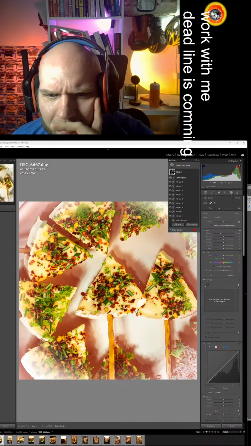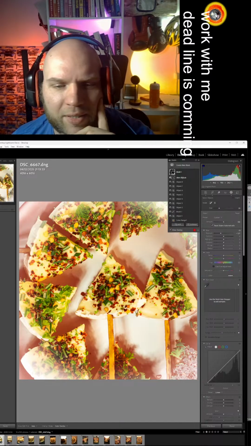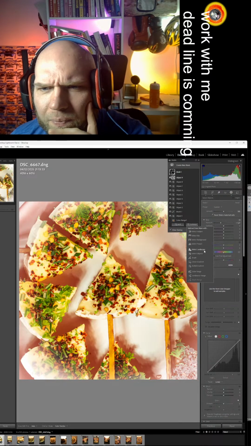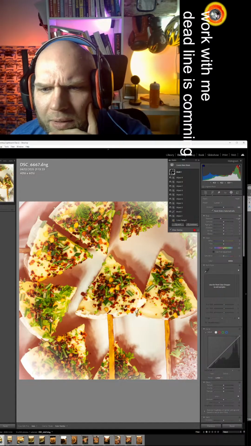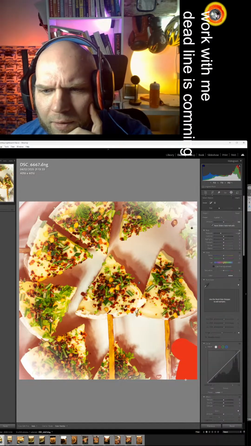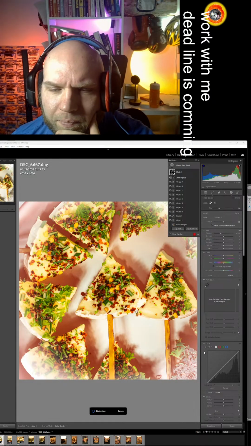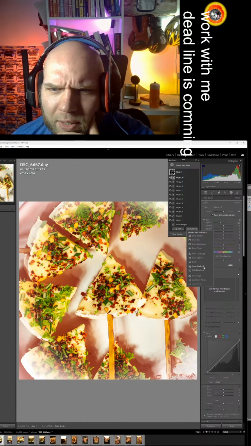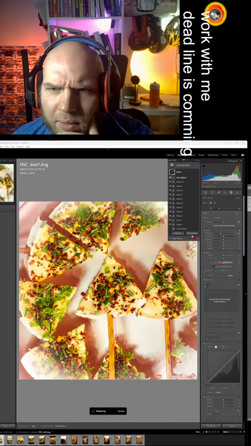Select object. Lightroom is not that precise as Photoshop, but it might take a few minutes. Okay, subtract. Select object, this one.